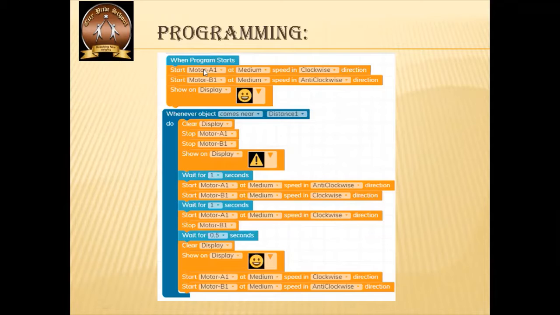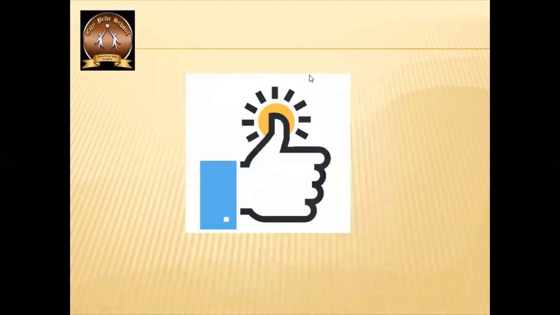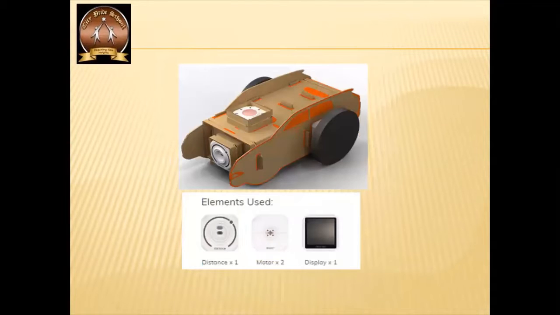When the program starts, the car will start moving. Here, if you observe, I have given the direction of motor A1 as clockwise and motor B1 as anti-clockwise. The car will move forward by giving these commands only. Why? I will show you the car again. The motors have single shafts, one on this side and the other on that side. If one moves clockwise and the other moves anti-clockwise, only then the car will move forward. These are unidirectional motors.